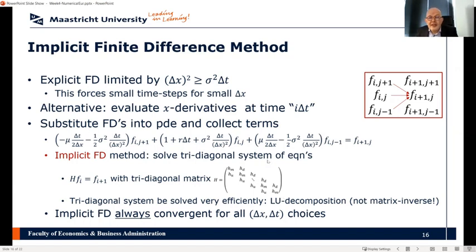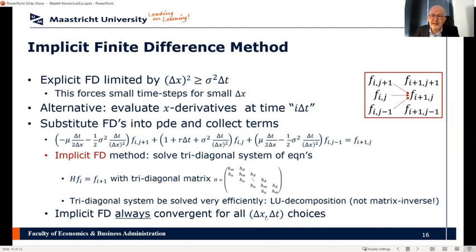And it turns out that you can solve a tri-diagonal system of equations numerically very efficiently via something called LU decomposition. And you should not compute the matrix inverse of the matrix capital H, but use something like LU decomposition. And why is it useful to go through all this trouble? Yes, you have to work a little bit harder to solve this system of equations, but the implicit finite difference method is nice in the sense that for whatever combination of delta t and delta x,